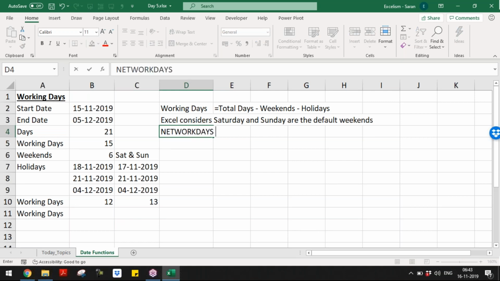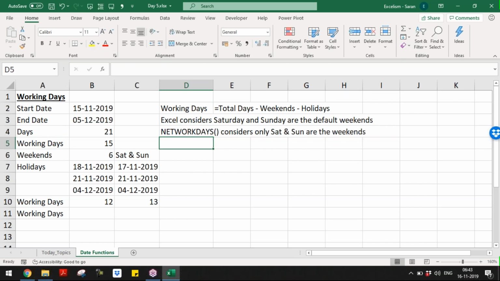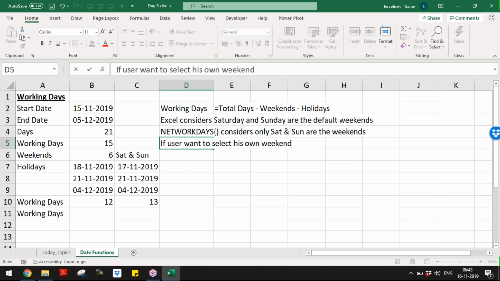NETWORKDAYS considers only Saturday and Sunday as the weekends. If the user wants to select his own weekend, then he must use NETWORKDAYS.INTL.